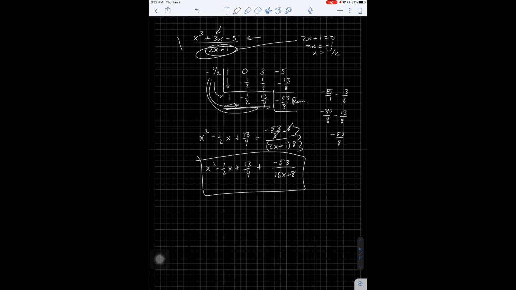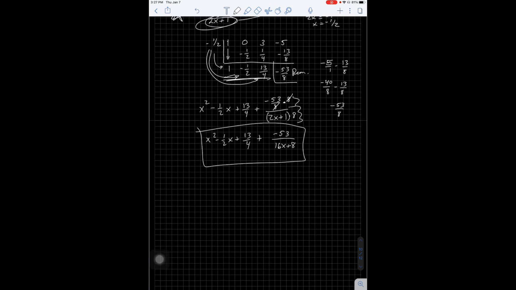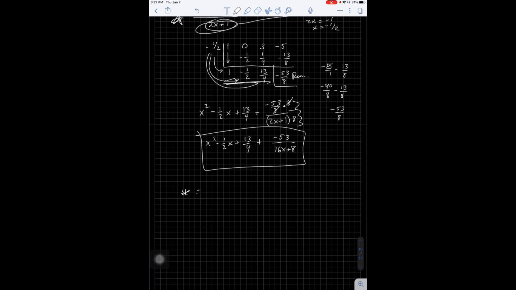I'm going to tell you this problem's a little bit of a nightmare to do in long division form because of all the fractions. So why do we learn long division? The reason is because synthetic division, I'm going to write this down because this is a rule you need to remember. Synthetic division only works